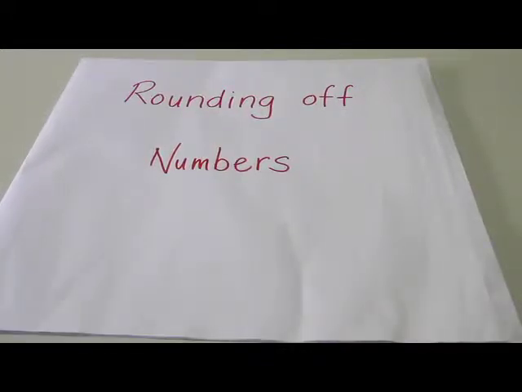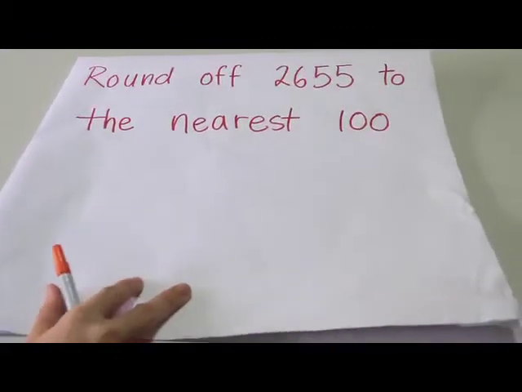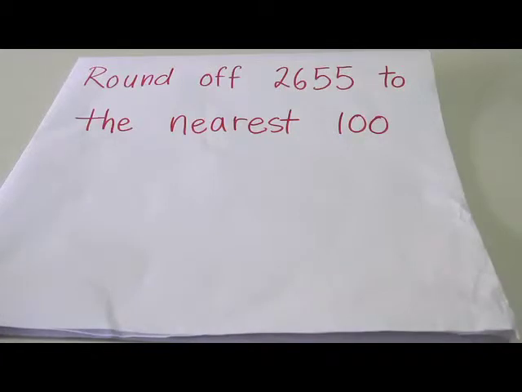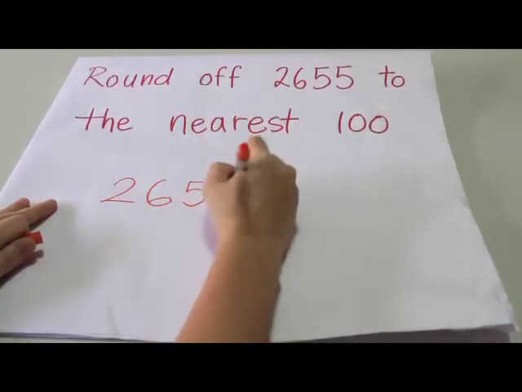Alright, this is how we use storytelling to explain rounding off numbers. For example, round off 2,655 to the nearest 100. So what do we teach the pupils? We will tell them, let's look at the number